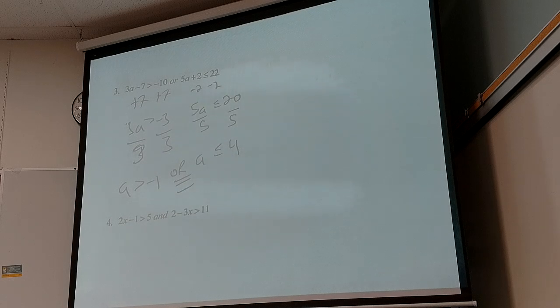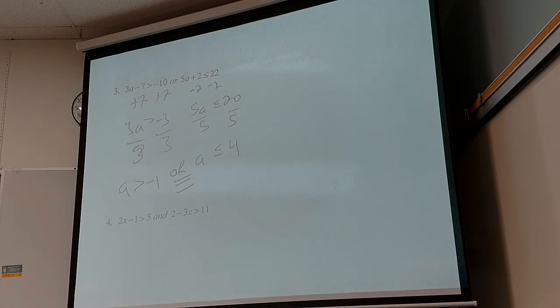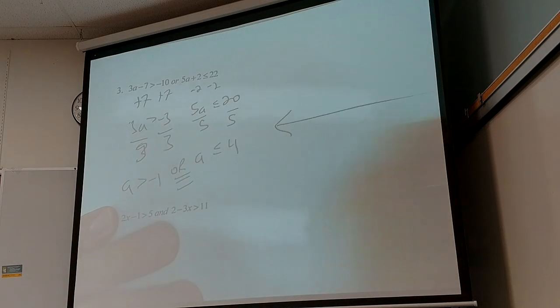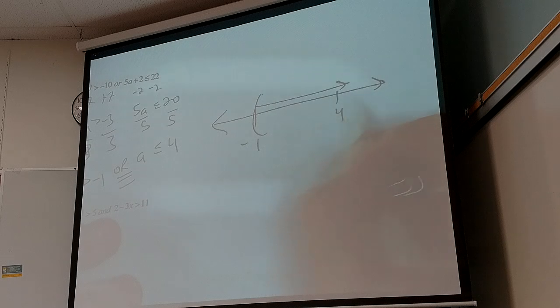Oh, this is kind of evil. Let me see. Okay, you started off with this one. All right, so if this was an and in the middle, a greater than -1 but less than 4, then that would be that sandwich like we just saw. But watch this, this is interesting. This is an OR. So a greater than -1 or a less than or equal to 4,